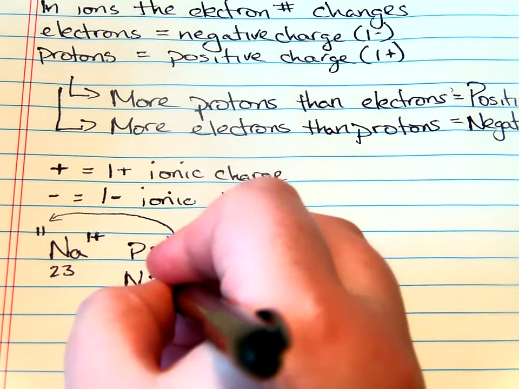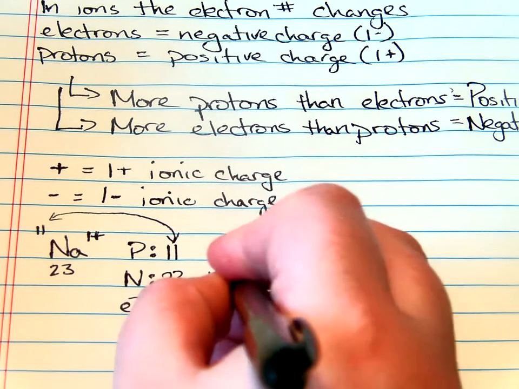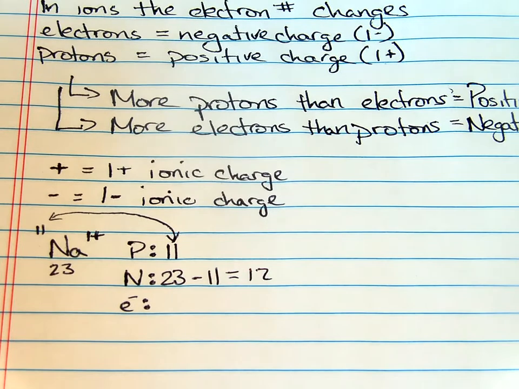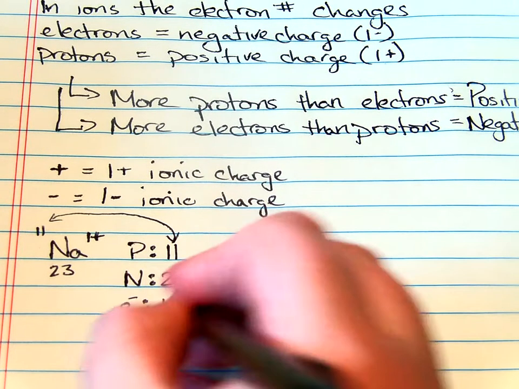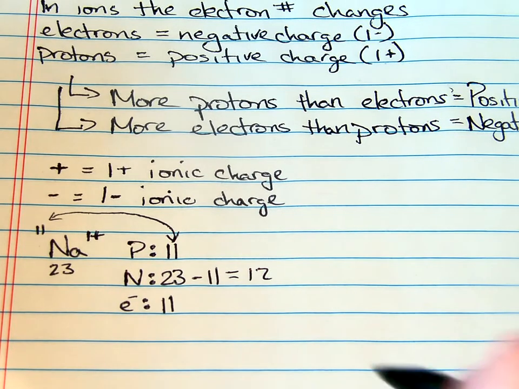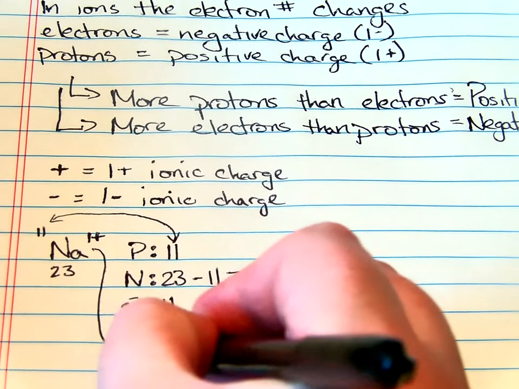Neutron is always the atomic mass minus the atomic number. So in this case, 12. And our electrons, we start with that atomic number. We start with the 11. And then we are going to do the opposite